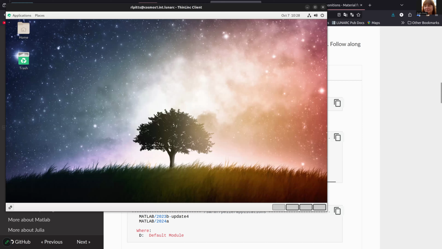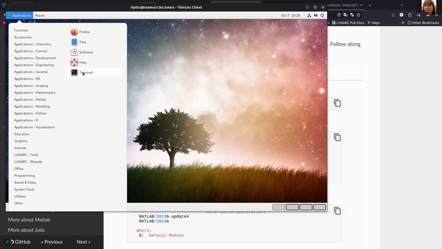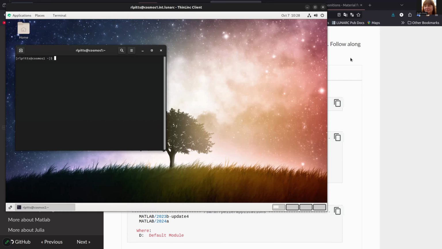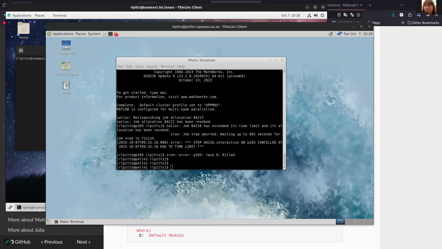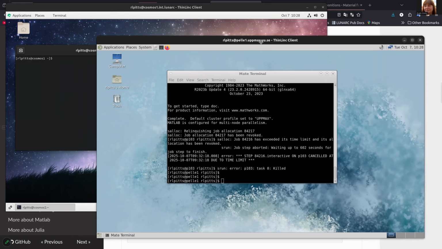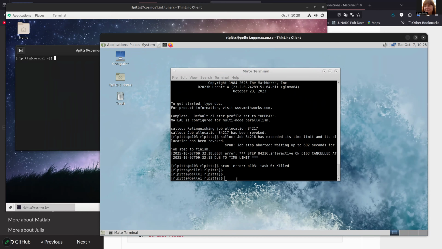And so I have two windows. I have two ThinLinc sessions open. So there's one on Pelle and one on Cosmos. I will briefly show an example of how each one of these looks. So here I will start on Pelle, which is at UPPMAX. So ML avail